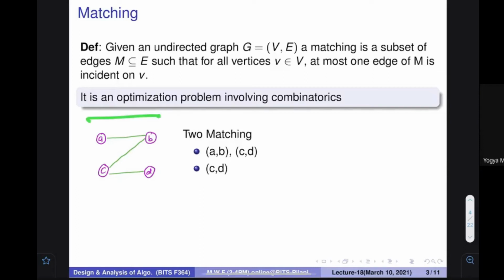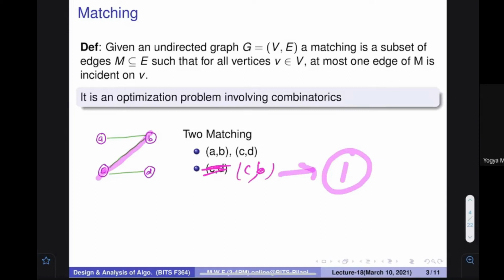For example, in this particular graph, if I select the first node as CD, okay, I think I have written wrong, I must have written a CB. If I select the first one as a CB, then what is the matching? Matching is of the size 1 only. So this is going to be of the size 1 because only one item is there.